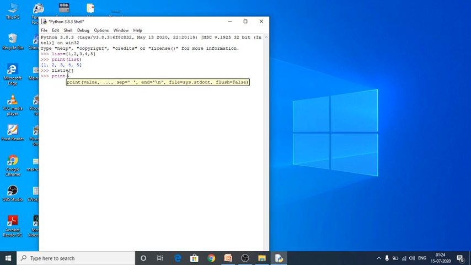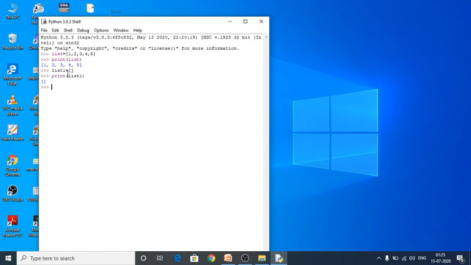Print list 1. Yes, nothing is there. This is the second type of list as empty. With the empty list you can insert elements with the help of extend or append, whatever it is. Some functions are there to add the elements into the empty list.